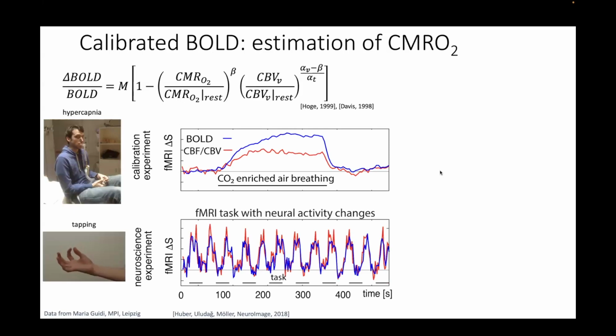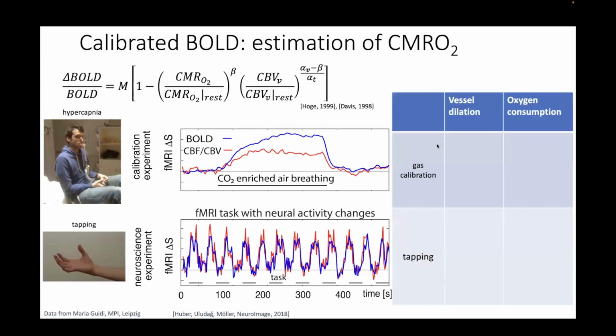So during the calibration experiment, we are, for example, giving the participants a different gas mixture to breathe, for example, air enriched with CO2, which tells the vessel to open up directly. So we have a vasodilation. However, we don't have an oxygen consumption because the brain is not doing anything. We're basically shortcutting the vascular response function by telling the brain that it wouldn't have enough oxygen, and